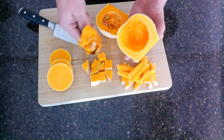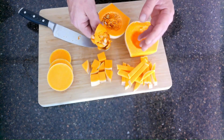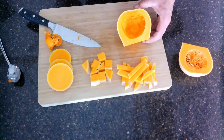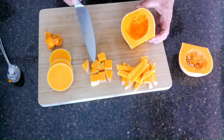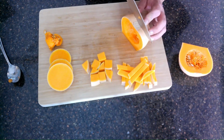Now, as I say, you can plant those. You can toast the seeds, eat them, use them to sprinkle on top of a salad in the summer. They can be used, so we're not going to get rid of those. But what we're going to do then, with our butternut squash, we're just going to cut it probably into chunks. It's the easiest way. But otherwise, if you want to keep it, and I'll try and show you, with a circle in the middle,